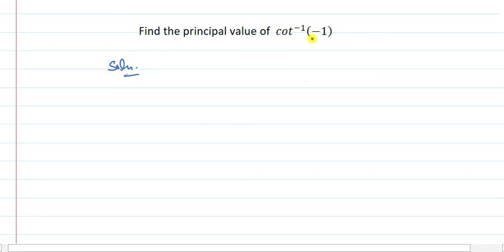Next, let me take principal value of cot inverse minus 1 to have comparison with tan inverse minus 1. So, again we know that the multiples of pi by 4 in second quadrant and in fourth quadrant will give you the value of cot function as minus 1. So, let us take the values in second and fourth quadrant. So, these are, as I just write down, 3 pi upon 4, 7 pi upon 4, minus pi upon 4 and so on.